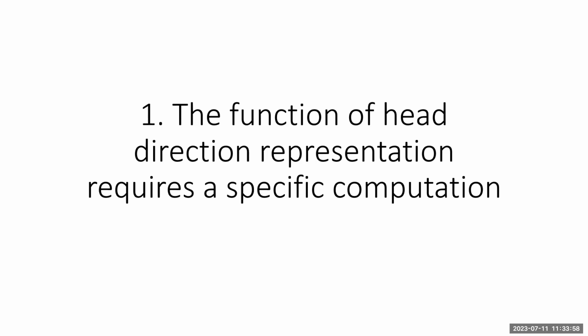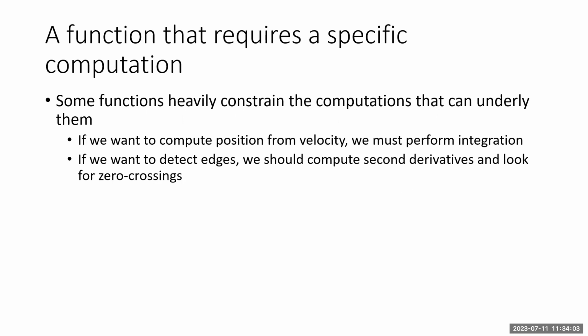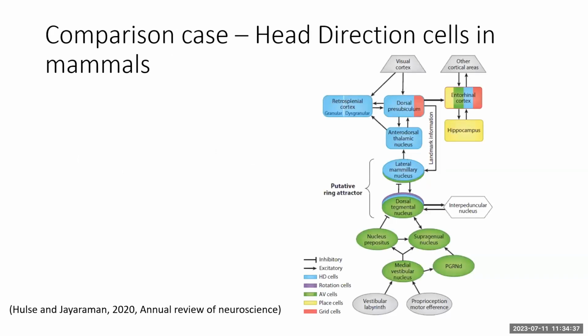So first, the function of head direction representation requires a specific computation. So there are some functions that really heavily constrain the computations that can underlie them, right? So if I want to compute position from velocity, for example, in the vestibulo-ocular reflex, I must perform integration, right? It's just a property of the world that position is the result of integration of velocity. And if I want to detect edges, I don't know if I say we must, but we should compute second derivatives and look for zero crossings, right? So you can say maybe it's just head direction really requires this kind of ring attractor model. But